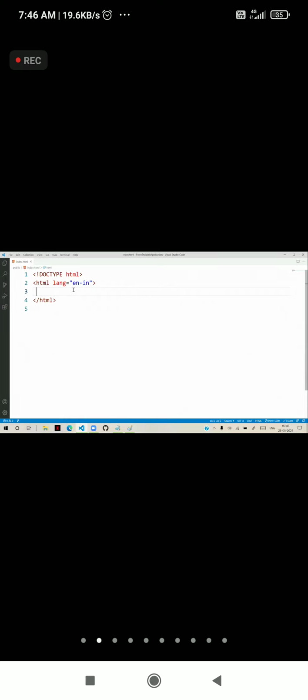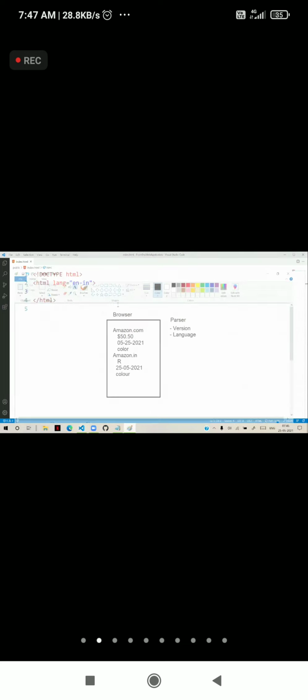So that is the HTML language, how we can configure and define it. Generally, when you are working with HTML pages, these two are at the high level. First, document declaration.